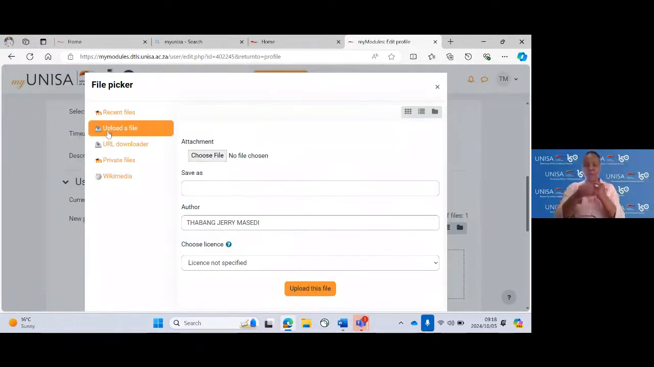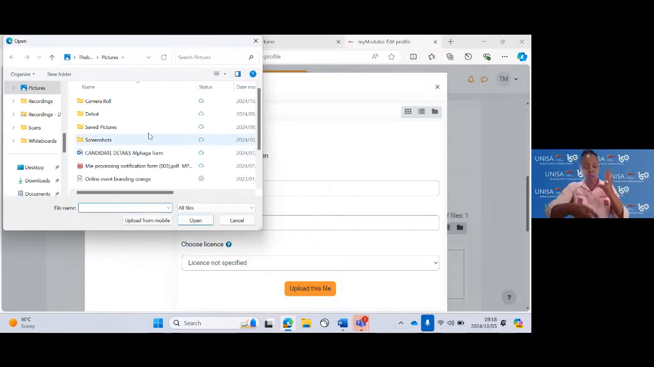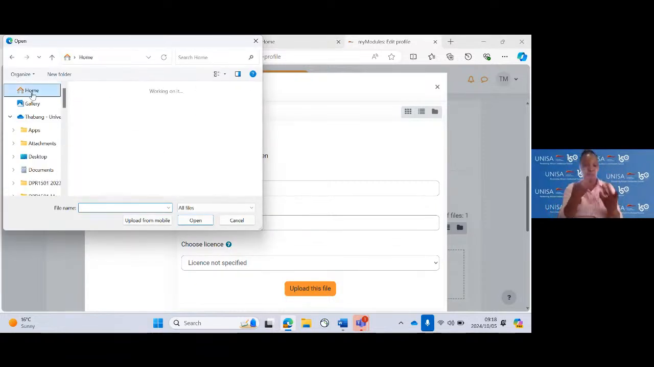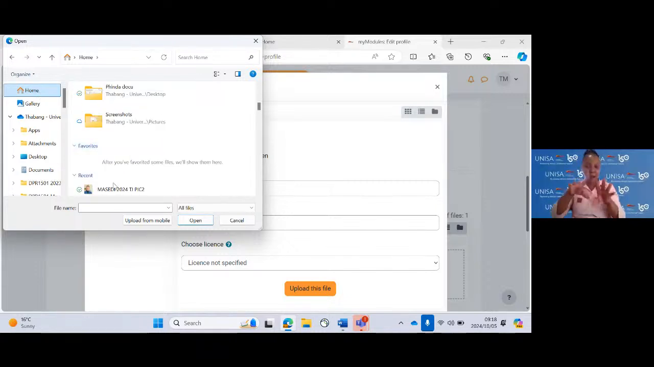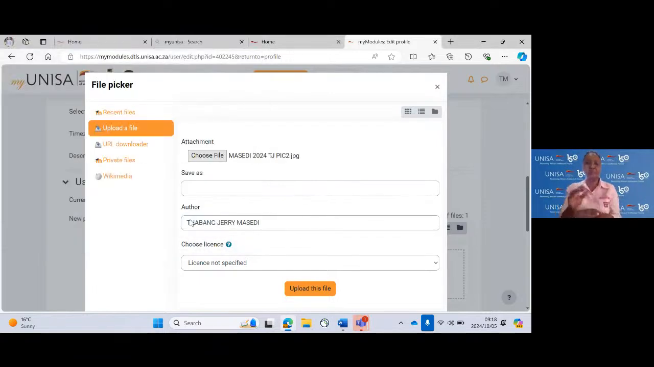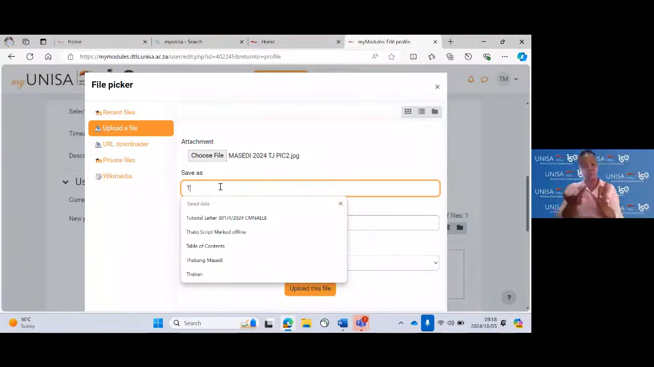And then it will say upload a file. Then you're going to choose on choose file or attachment. So from there, I'm going to look for my picture, so that when I'm writing my examination, they will be able to know that this is me. So if you can check, the picture is somewhere here. It can show that the picture is uploaded. Then I can just decide to write my name here,